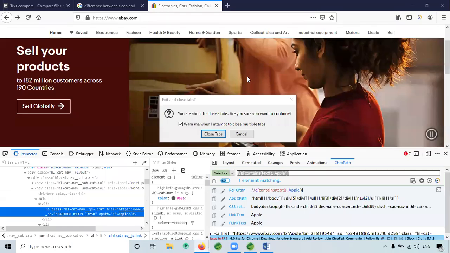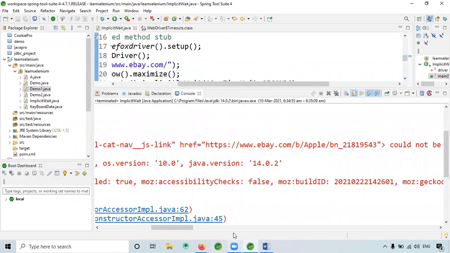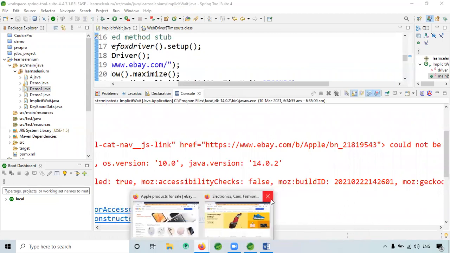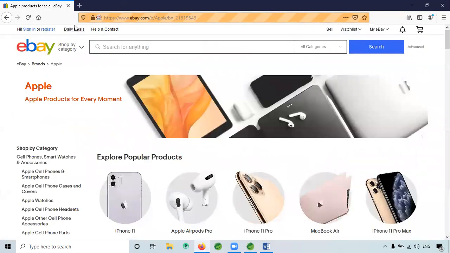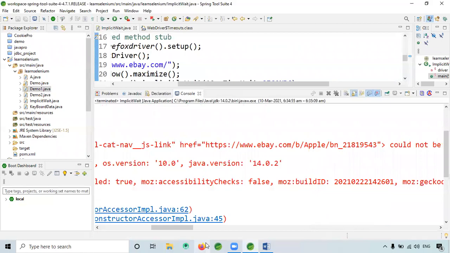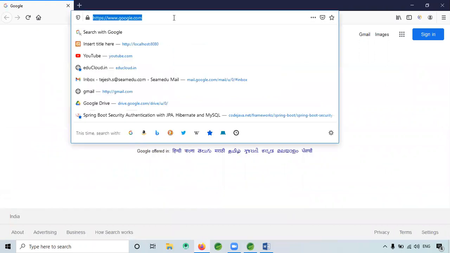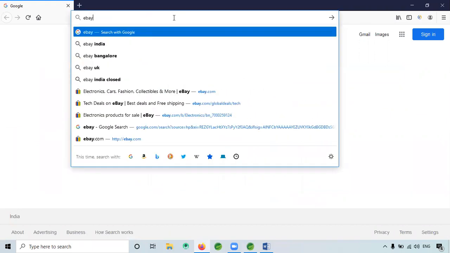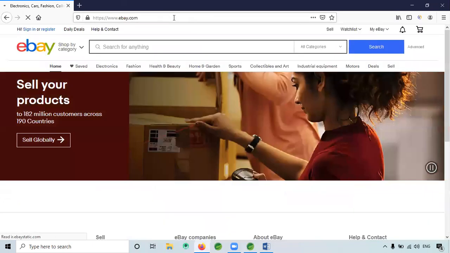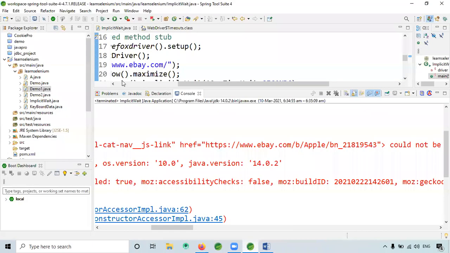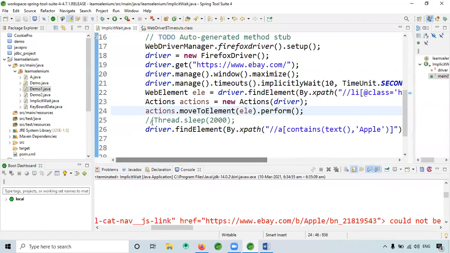Let me close all the tabs. .com. Okay, let's see. Thread is working or it is also not working.